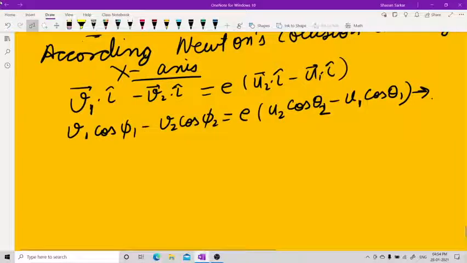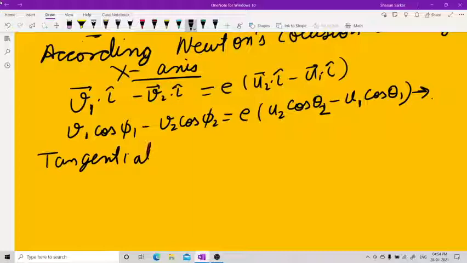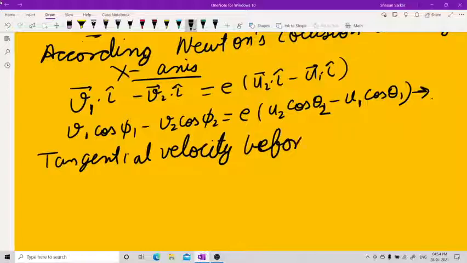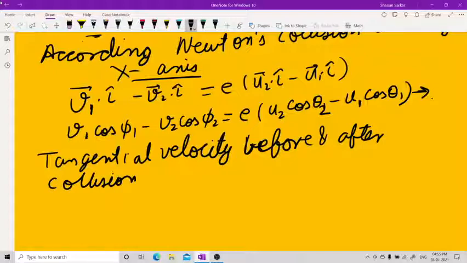The tangential velocity. This line is very, very important to be written. Tangential velocity before and after collision are equal, because